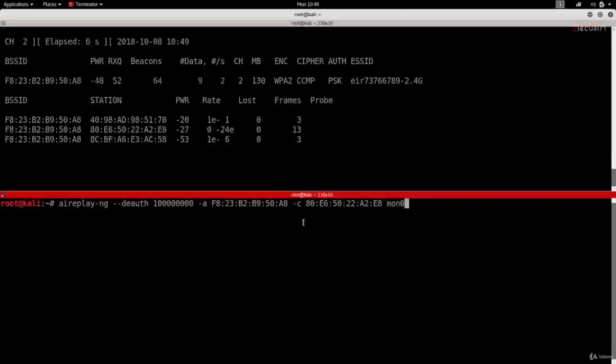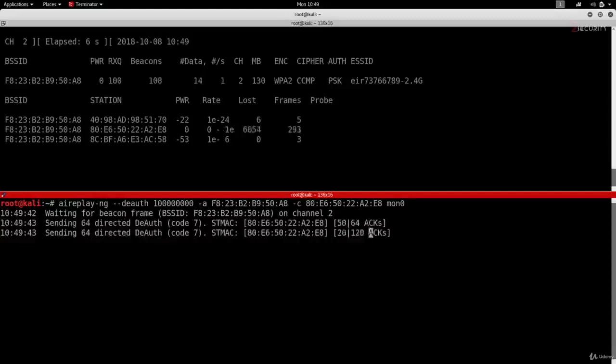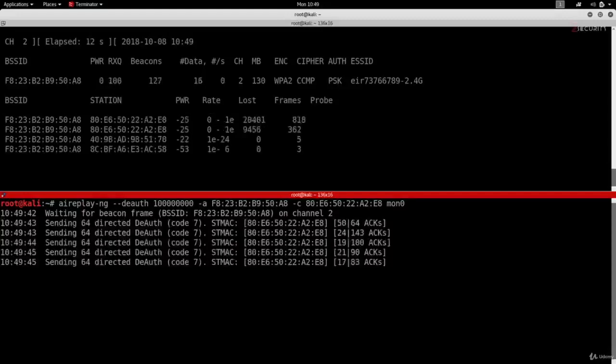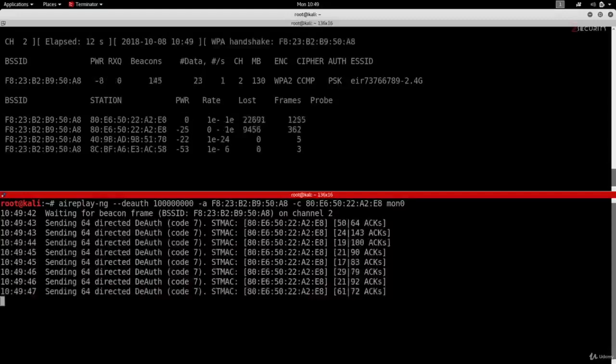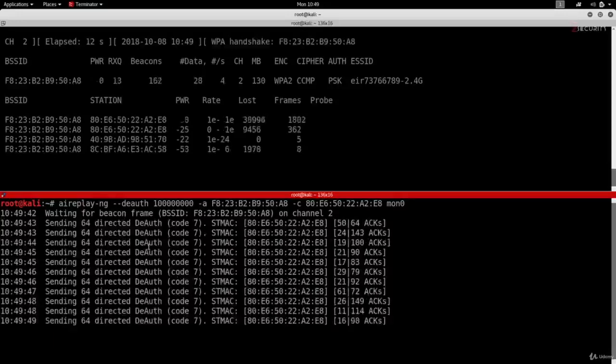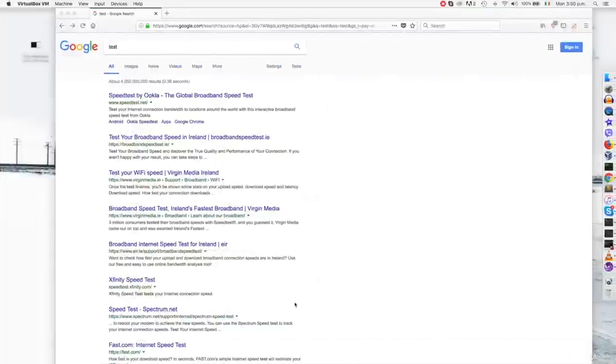And then I'm going to go back to the command that we wrote so far, and I'm going to hit enter. Now, as you can see, Aireplay-ng is telling me that it's sending the deauthentication packets. And if we go back here and look up, you can see that I actually lost my connection and I'm trying to connect back.